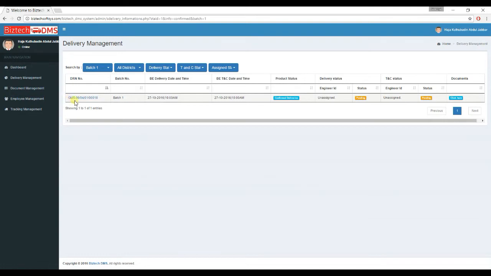In that, QMS 090401: QMS refers to Quantum Medical Solution, 09 refers to the tender package, 04 refers to the category, 01 refers to the batch, and this number refers to the system's running sequence number. And next is the batch number. This DRN is applied to batch 1, and this BE delivery date and time is the biomedical equipment delivery date and time,